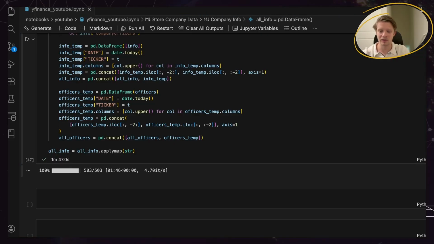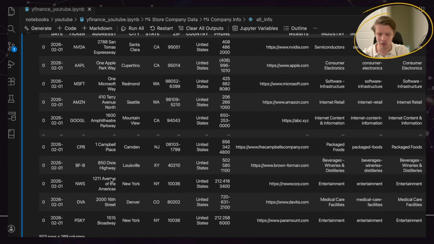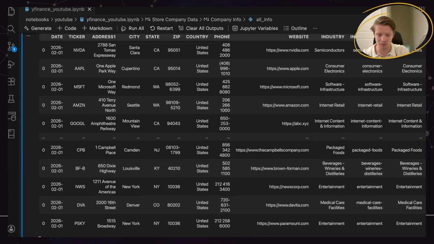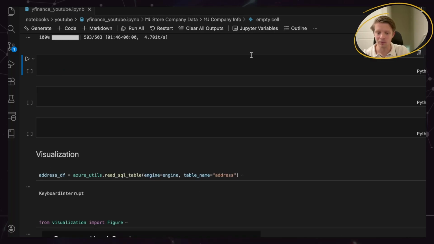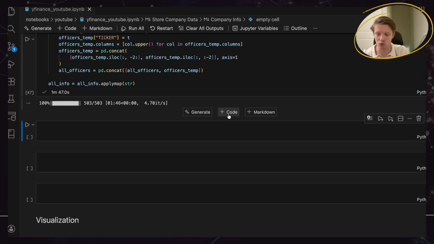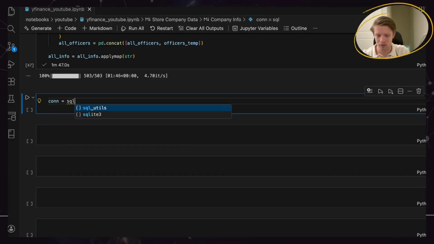Perfect. We're now ready to use the all info data frame. We're going to look at it, and we see all the 503 companies now have company information here. So all we have to do is store that data into our database from last video. So similar to last time, we